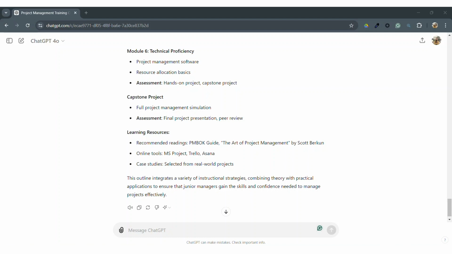In addition, this approach helps you to ensure that the training program is thorough, well-structured, and tailored to the specific needs of junior managers, all while efficiently utilizing the limited time you have with the subject matter expert. As we conclude our exploration of the tree of thoughts technique, let's summarize some additional ways this approach can be utilized